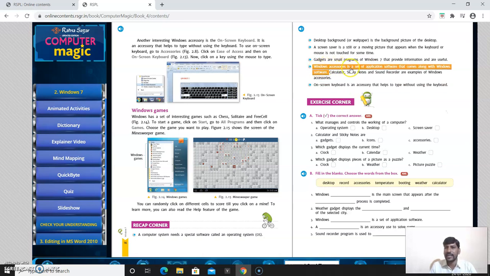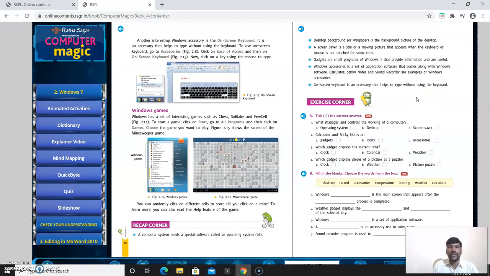Windows accessories are a set of application software that comes along with Windows, like calculator, sticky notes and sound recorder. Next, the on-screen keyboard is an accessory that helps to type without using the keyboard. So this is about your lesson.